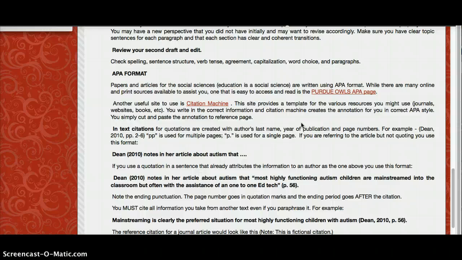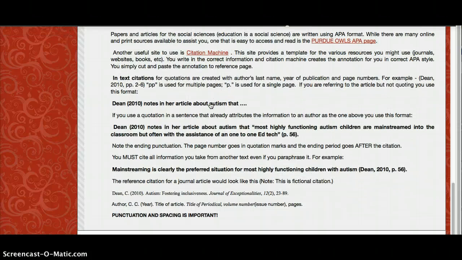You're going to use APA format, as I noted there. And here's another link to the Purdue OWL APA page. This is a very useful citation machine. If you plug the information in here, it'll give you the citation for you, all correct, all the punctuation in the right place, and so forth and so on. And then I've given you some